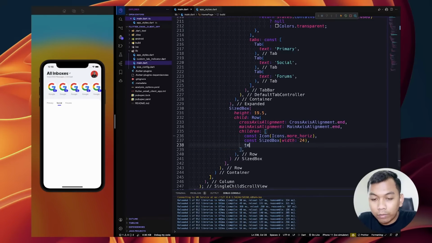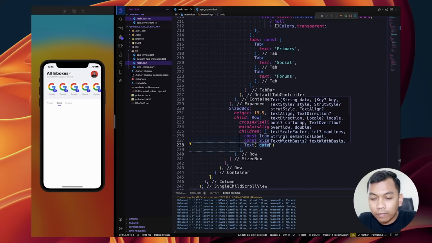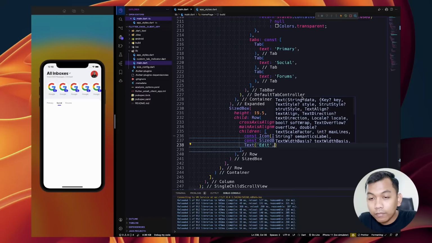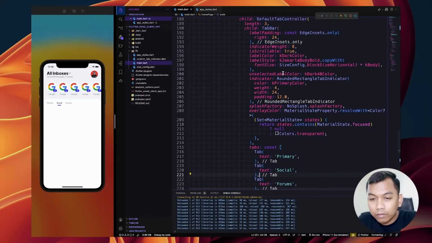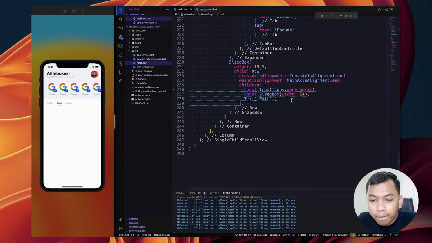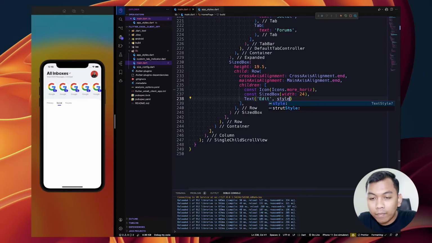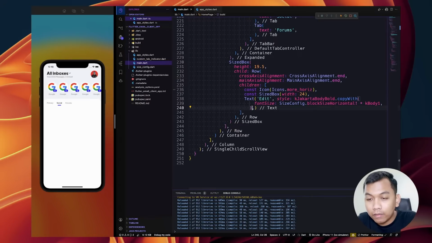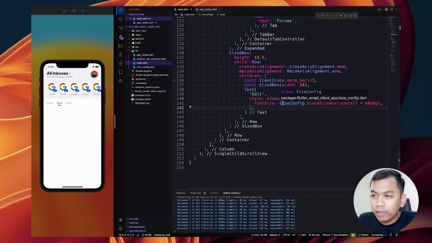the next will be text widget. The text will be added, and copy the style, paste here, and we need to change the style to be K Jakarta body bold.